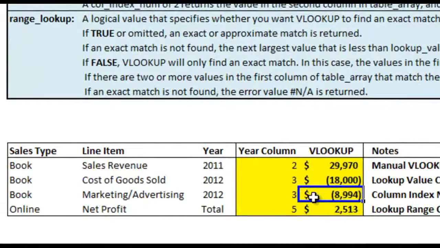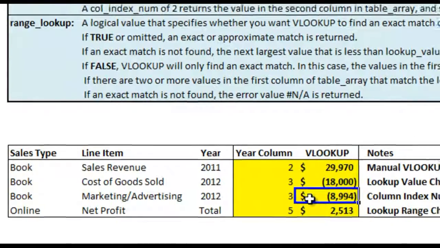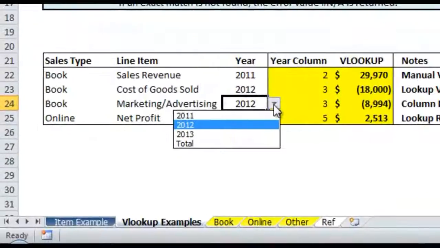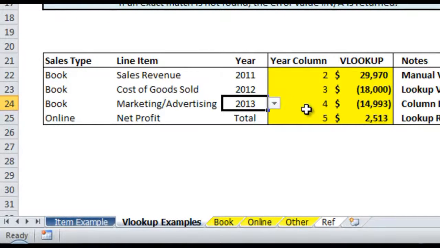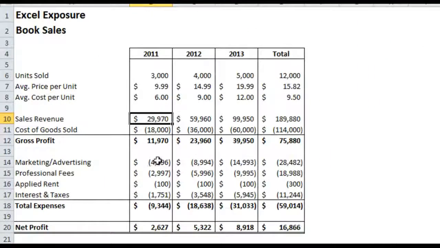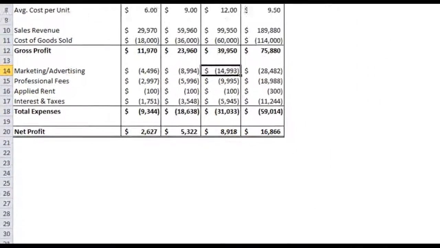In this formula, instead we refer to the cell to the left of it, which is E24, and that way, if you change your year, you'll see that the year column updates via the VLOOKUP, and then the VLOOKUP that you're using updates to give you the correct value. So if we did 2013, you'll see this change to marketing and advertising. If we go to look at book, marketing and advertising for 2013,